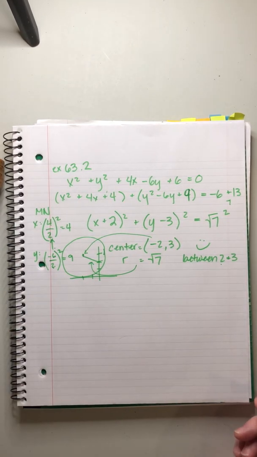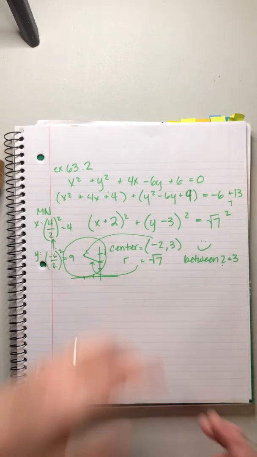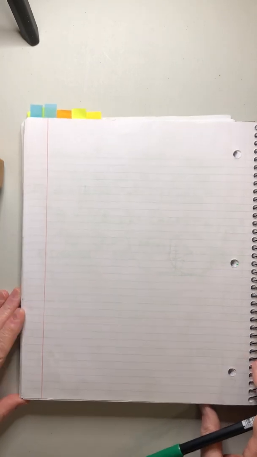Okay, we're going to do this one more time. And this time, we're going to have some ugly coefficients to deal with. Let me just flip the page because I have a feeling this is going to get kind of kooky, and I don't want to flip in the middle. Ready? So we're doing the same thing. Given the general form of the equation of a circle,